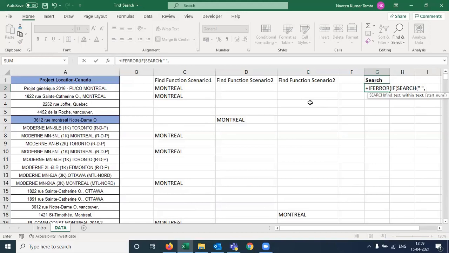So now I am just giving the reference of this cell. I just want to say I am finding Montreal like this, in this particular cell.